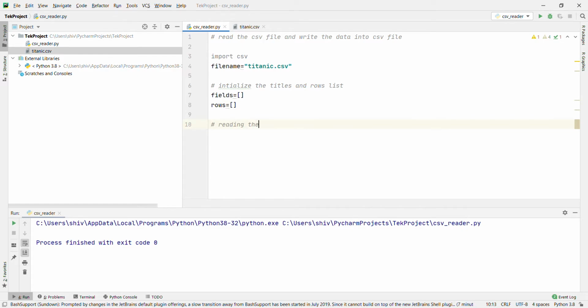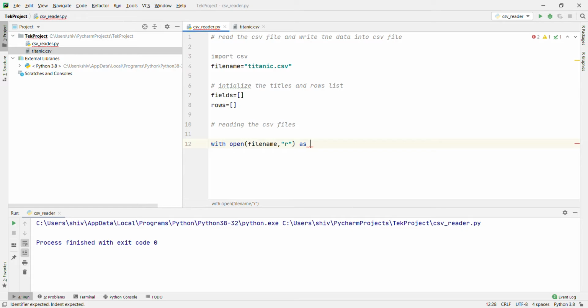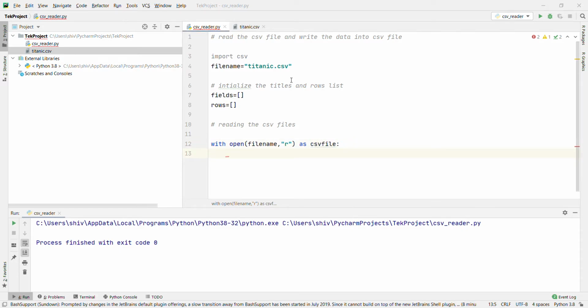Reading the CSV file. For that we have to use with open, the file name, with the read operation, as alias csvfile, and then a colon.